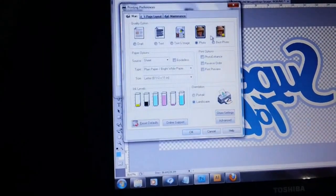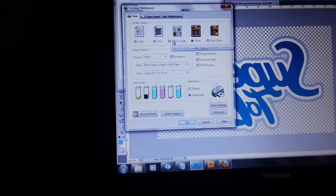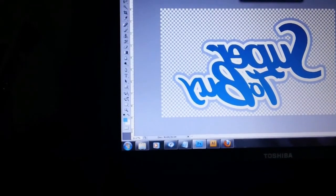Oh yeah, there's one other thing. When you print, just print it on photo. You can choose text and image as well, but I find that photo works the best. So I'm going to go ahead and print out the image now. Okay, so the printout's starting to come out, and I actually wanted to show you guys something else